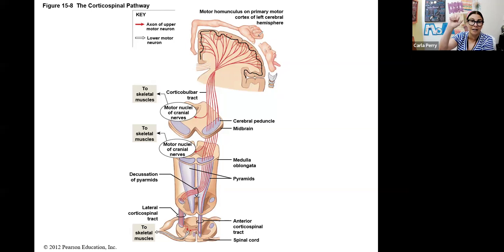So you know that you have a lot of muscles, even though they're small muscles, you have a lot of skeletal muscles that allow our fingers to do many different kinds of movements, right? So that takes up a larger area of our primary motor cortex. Same thing with our facial muscles, our mouth, our tongue. That takes up a big area of the primary motor cortex. So again, this is our primary motor